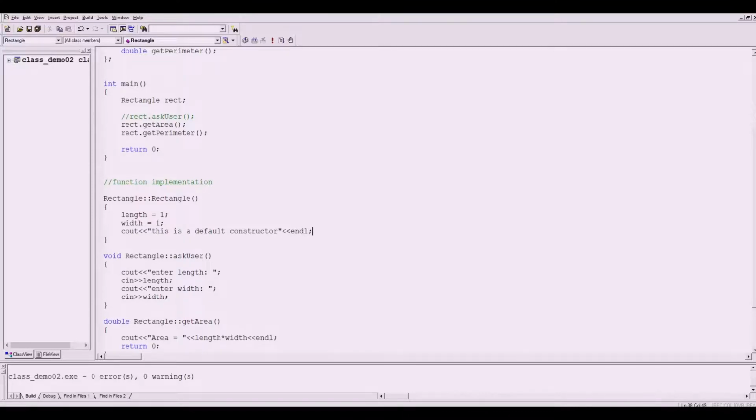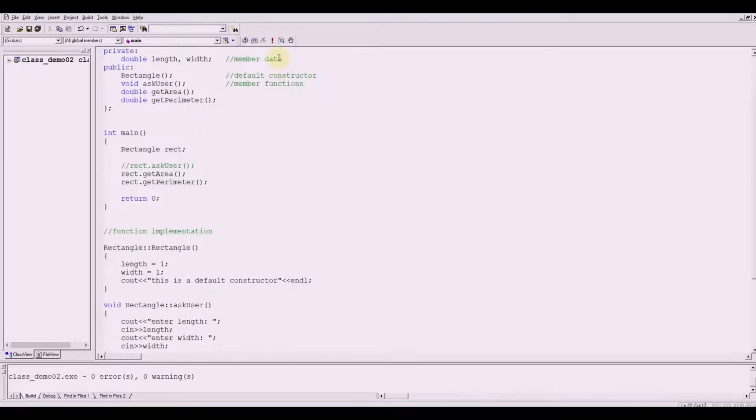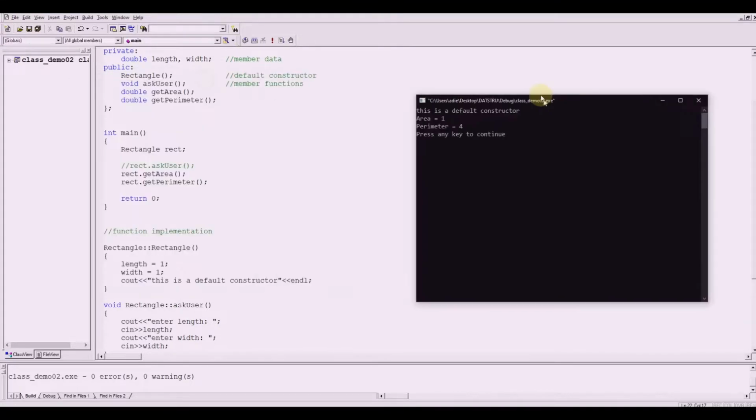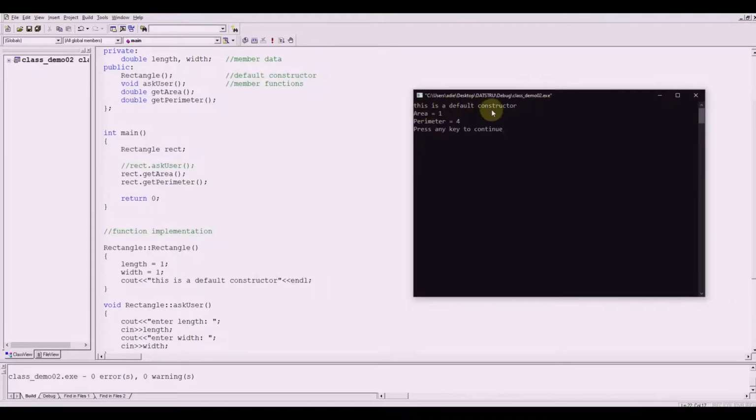Just to show you that a constructor is automatically called when you define an object. Let's run this one. See, I have here, this is a default constructor. I just defined there the object rect.